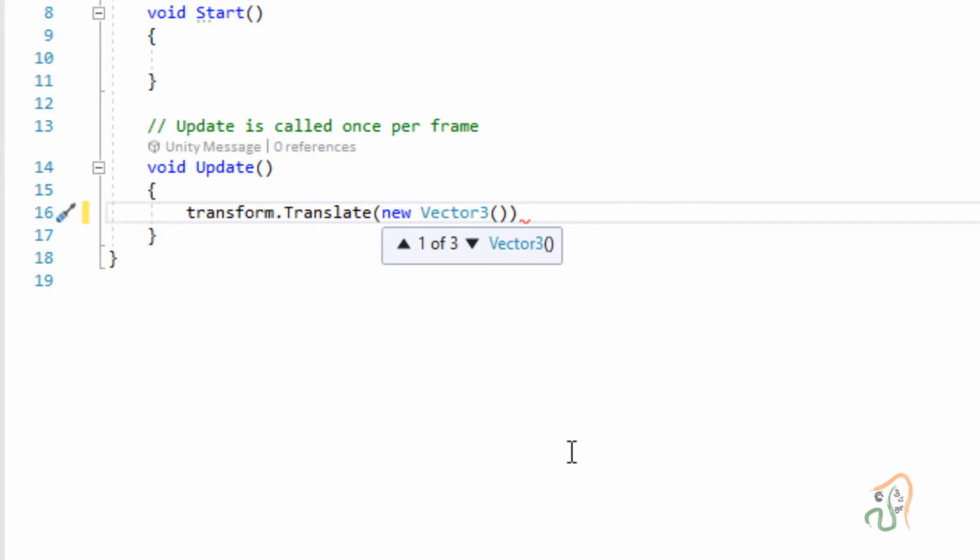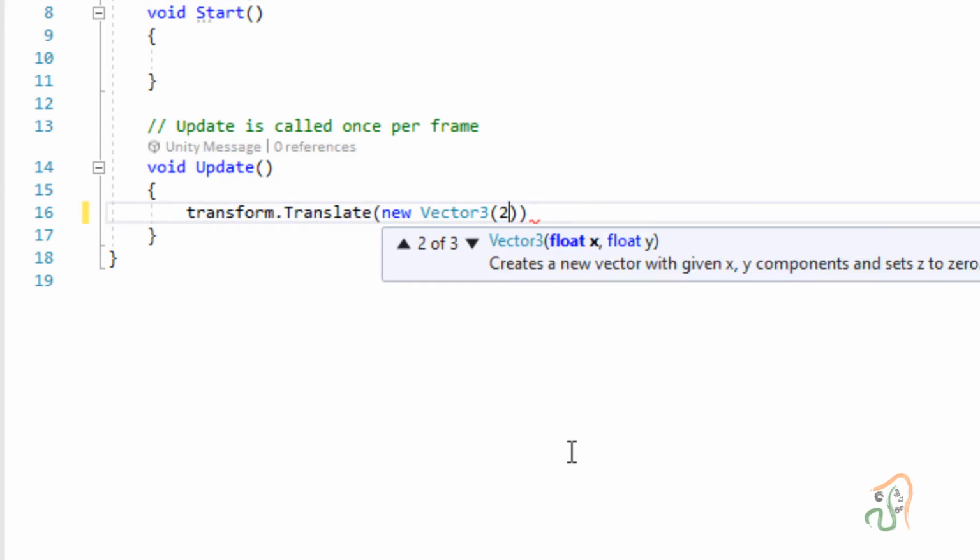In x, we want it to move by, for example, 2 units. Then put a comma, then type the next number. This is y. In y, I type 0 because I don't want any movement. Then a comma, and again z as 0 because we don't want any movement, and then the bracket is closed. This is the new Vector3.